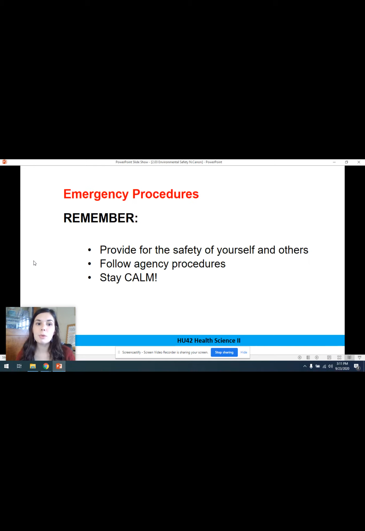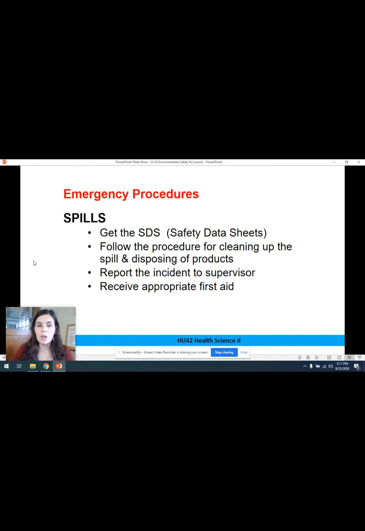So the first thing to remember when it comes to emergency procedures is that you are wanting to provide a safe environment for yourself and others, and you always want to follow your agency's procedures and, most importantly, to stay calm. When handling spills, the first thing you want to do is get that material safety data sheet, MSDS or